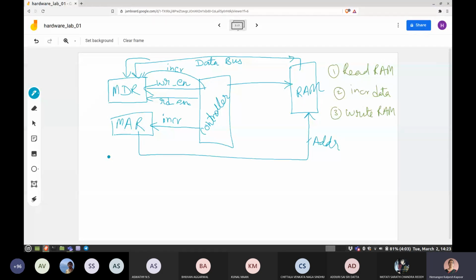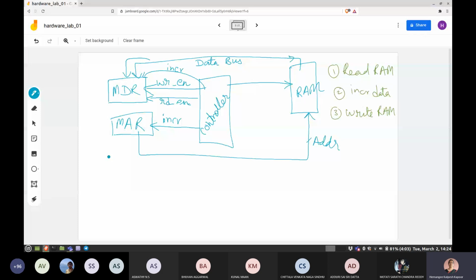And once all these steps are done, what should you do? Check whether all the RAM addresses have exhausted. So if your RAM has got 16 locations, you can just take 16 for the time being, and then 4 bit of data. Once it works, you can expand it to bigger ones. Then MAR plus plus goes up from 0 to 15, and when it goes to 15, you have to stop this operation. And then you can initialize using initial statements. You can initialize the RAM with all zeros, or 1, 2, 3, 4, up to 15, and at the end of your test cases, you can check whether each location is incremented by 1. Okay, so that is today's assignment.